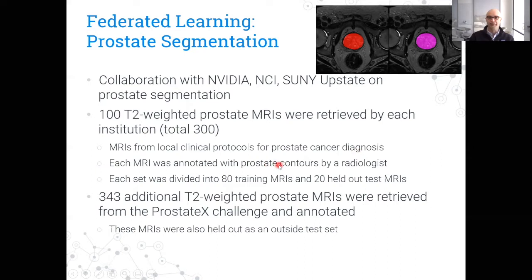Each MRI was annotated with a prostate contour by a specialist radiologist. And then each set was divided into 80 training MRIs and 20 held out test MRIs. And we then grabbed 343 additional T2 weighted prostate MRIs from the Prostate X challenge to use as an outside